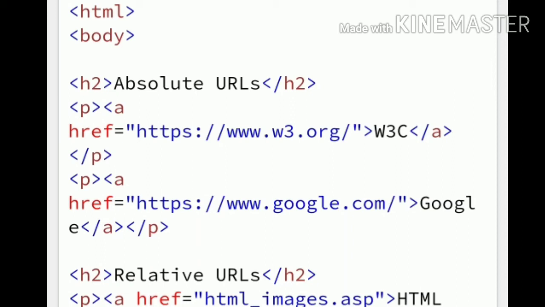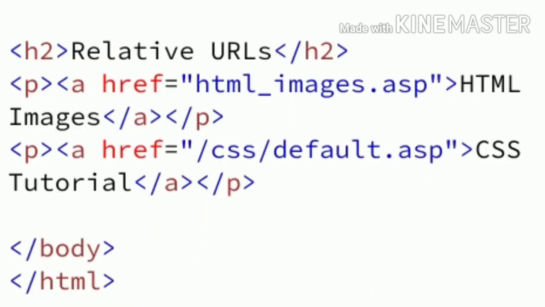Now write a relative URLs h2 tag, closing of h2 tag. Now write a paragraph tag, opening p, opening a, href equal to within double quotation html_images.asp within double quotation, close, HTML images, closing of a tag, closing of p tag.